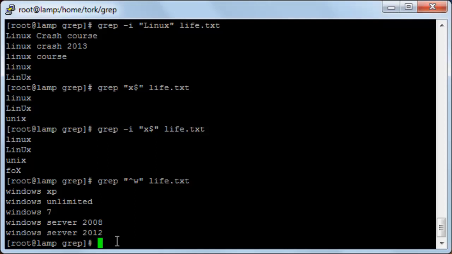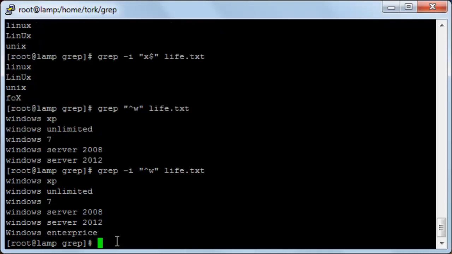and you can see it displayed only the beginning of the lines that have small w, not capital W. If you wanted to display capital and small letters, you will type the same command but with the option -i and then insert this sign and type the letter. Here you can see it displayed even the lines that begin with a capital W. Okay, now there's another command that you may type, that if you want a line to contain a specific letter, but it doesn't matter if this letter is in the beginning or in the end, the important thing is that this letter is in the line,